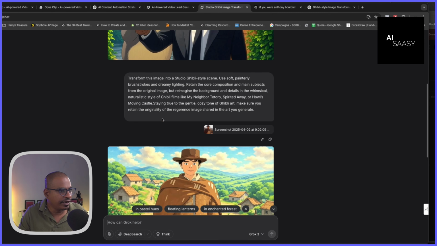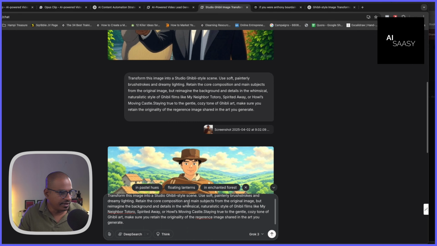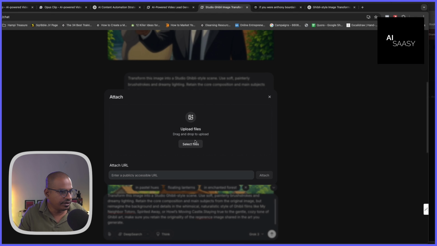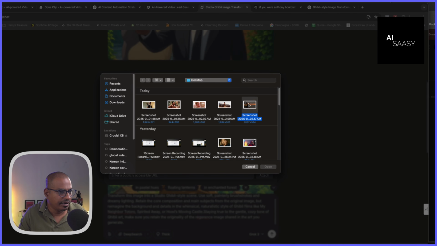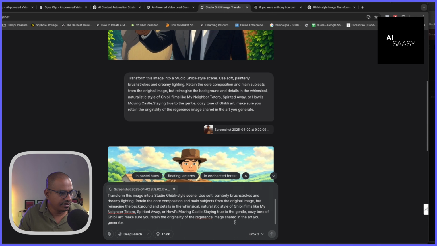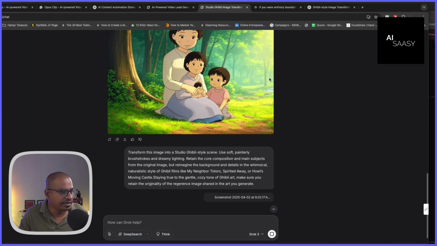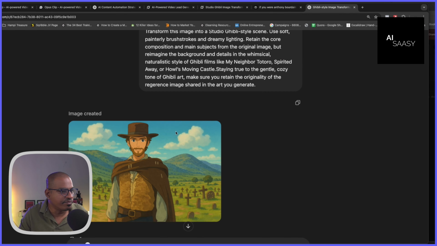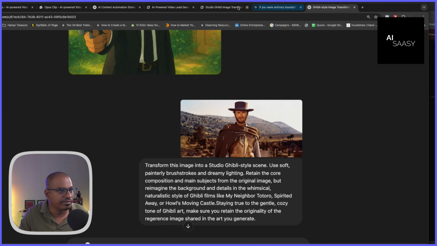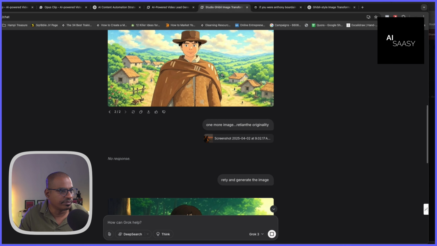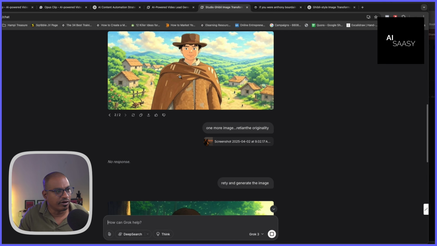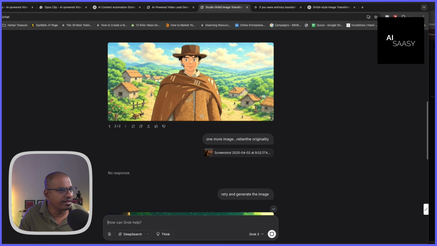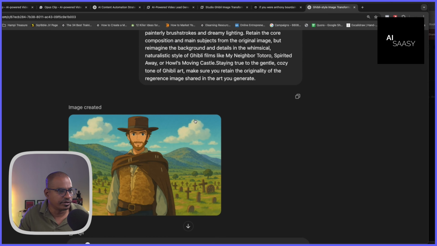So let's go ahead and try copy pasting the same prompt. Maybe that's the issue. And then add an attachment. And let's give the Titanic image as a reference. So let's go ahead and see what happens with this. Now this is very accurate. I am impressed with what ChatGPT is able to do compared to what Grok is making possible. Everything else is good in Grok, I am completely in agreement. But the facial features, I think, are a big giveaway, right? Because that's what is more important most of the time.